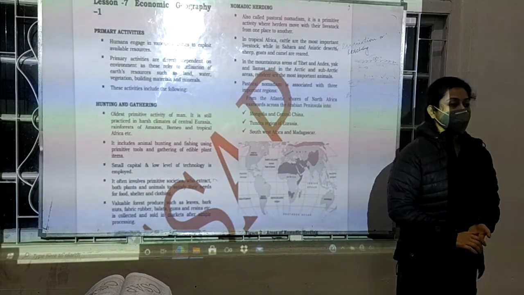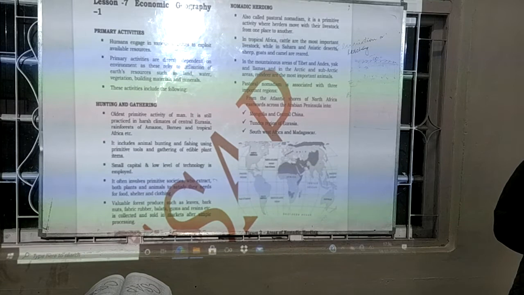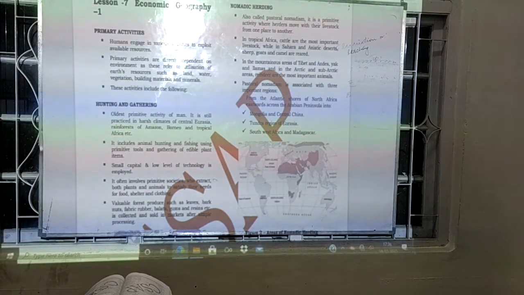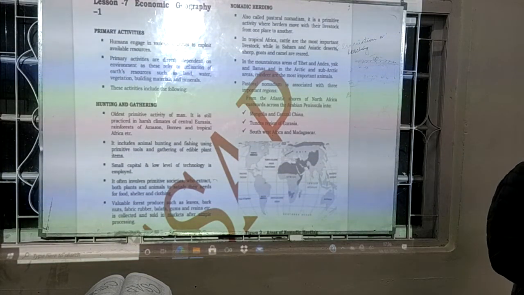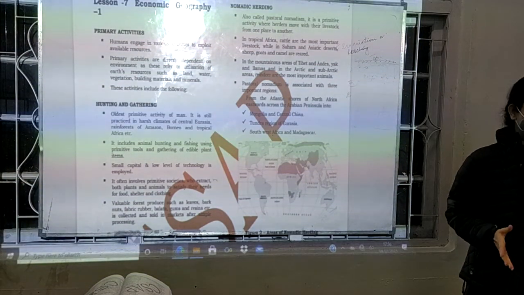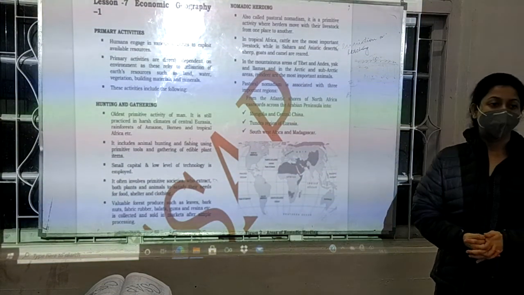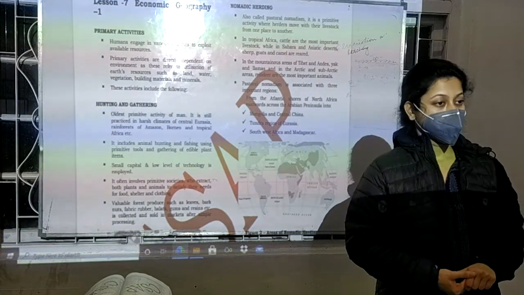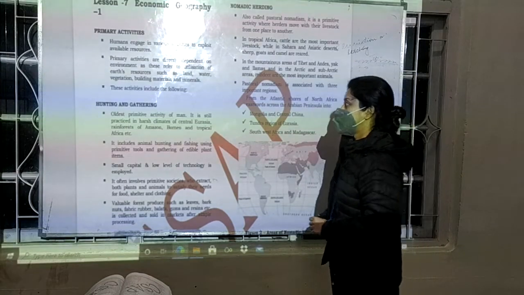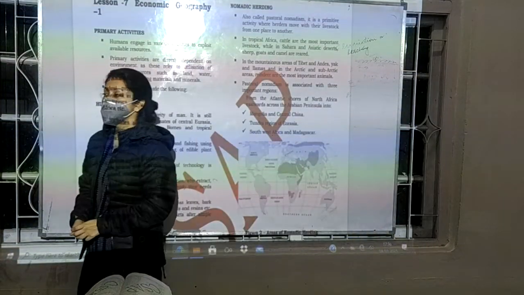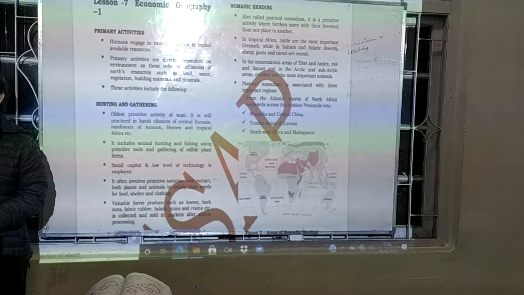Like, for example, hotels, hospitals, banking, restaurants, education, health services, IT, tourism. All these will come under service industry. Alright. So see, primary activities are where humans engage in different activities to